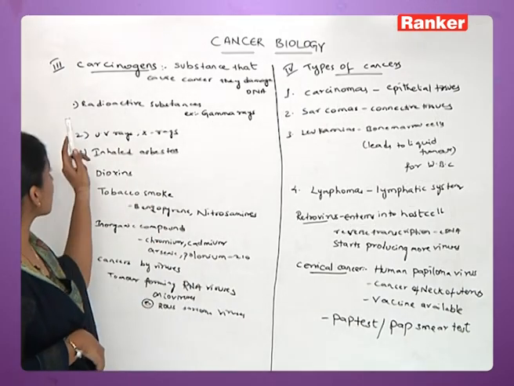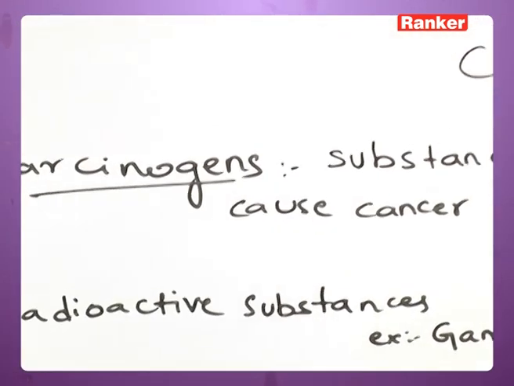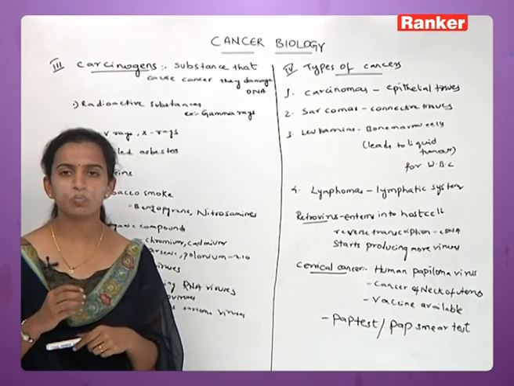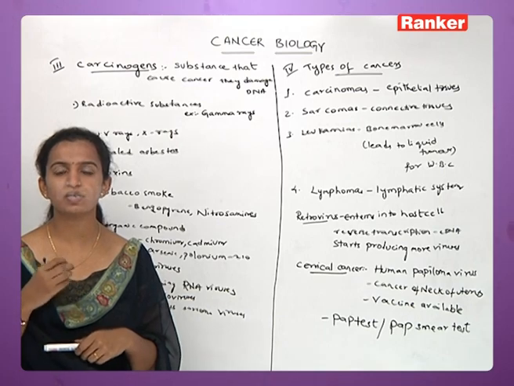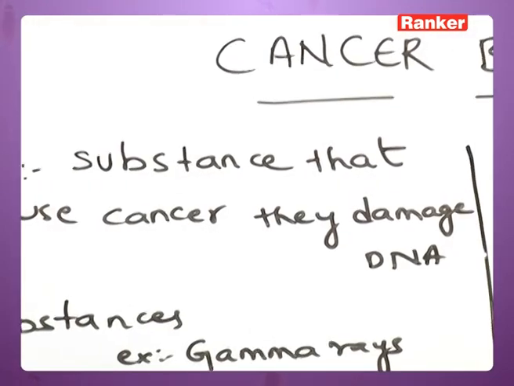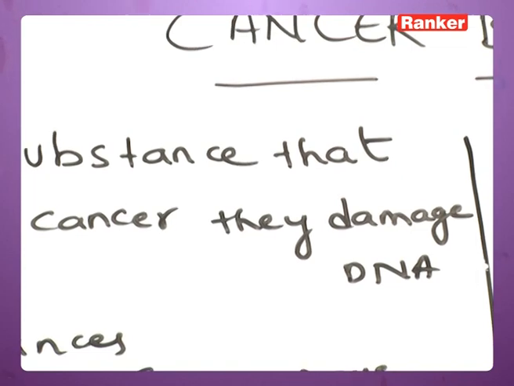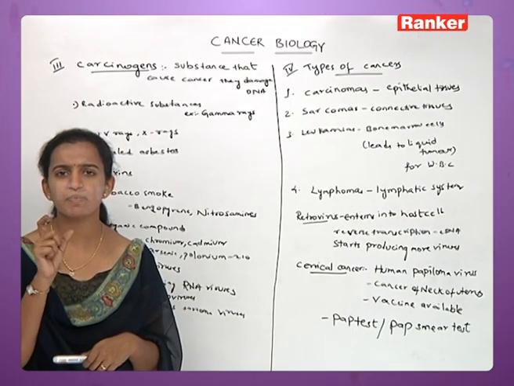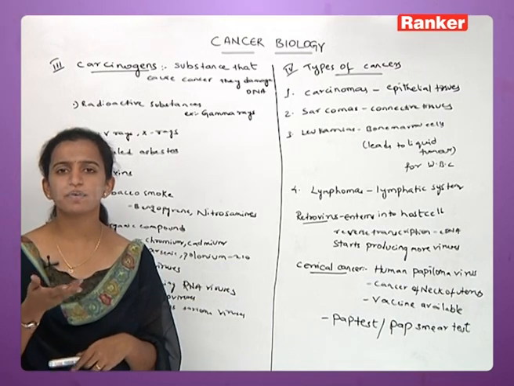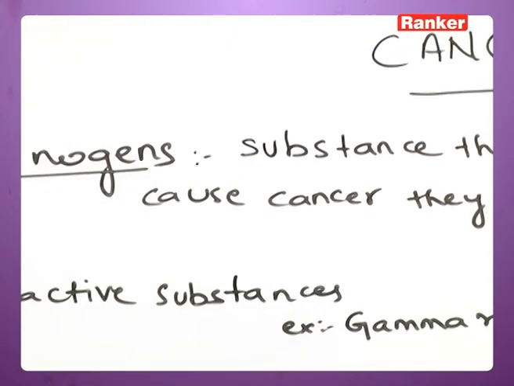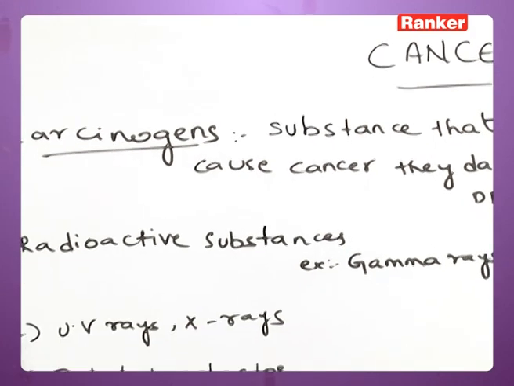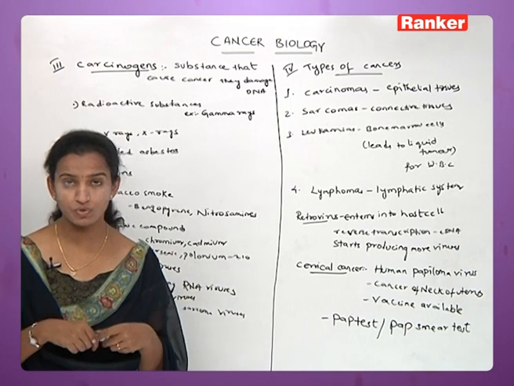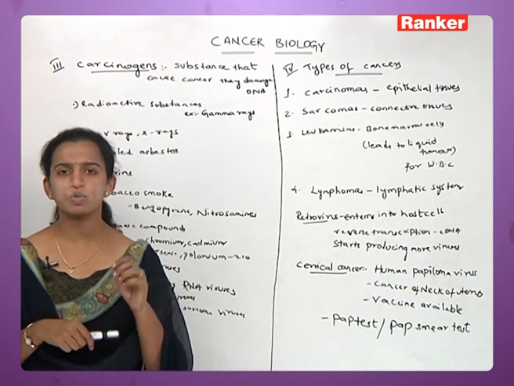Now you can see carcinogens, the substances that cause cancer, damage DNA. So what are these things which cause cancer? Why is cancer taking place? They damage your DNA, that is, they cause a kind of mutation. Mutation means a change in a base pair, which will lead to a different gene. If that gene needs to work for one thing, and a mutation takes place, it is not going to work at all, or it works against you. So these things happen because of mutations.